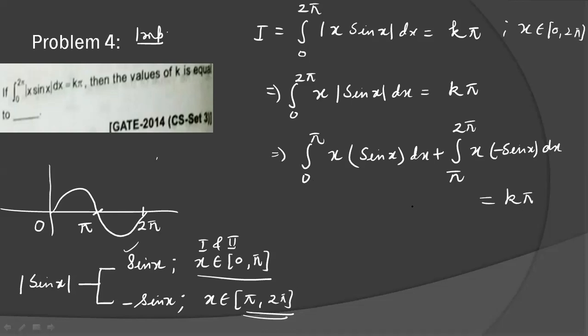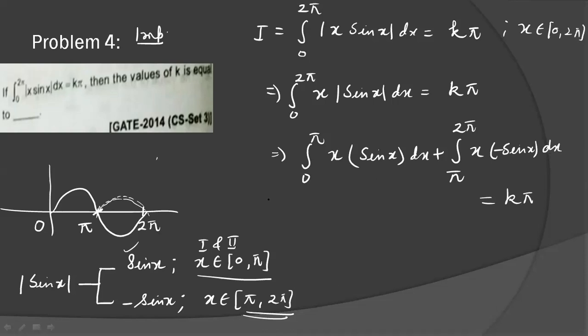If we check the differentiability, then you can see this is not differentiable at pi, because at pi the right hand derivative is minus cos x and the left hand derivative is plus cos x. So it will go to 1 and minus 1, minus 1 and 1. So at pi, mod sine x is not differentiable. You can see that by the graph also. That's why I am using the definite integration property.